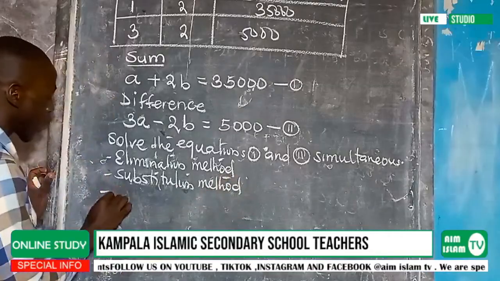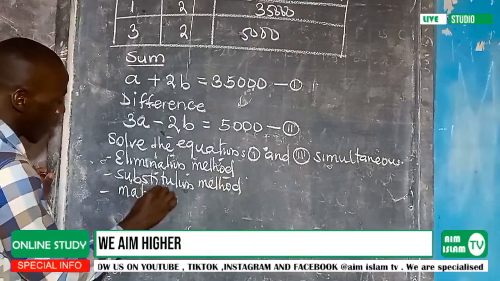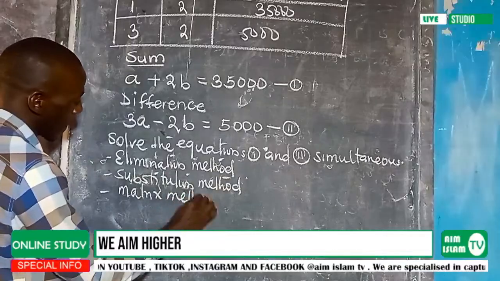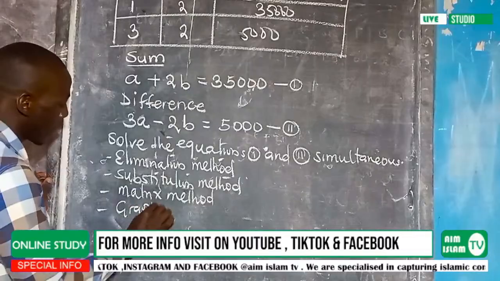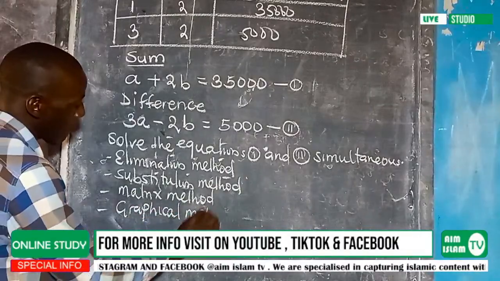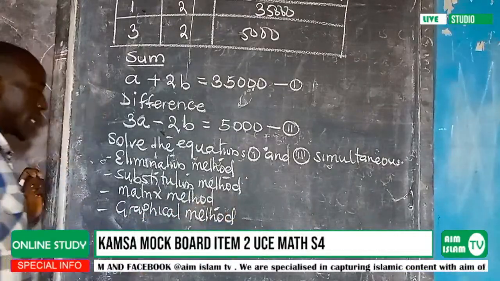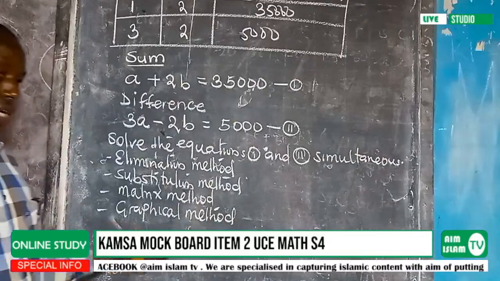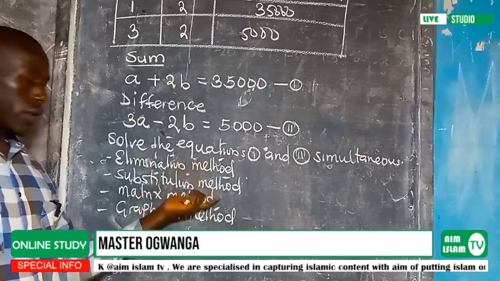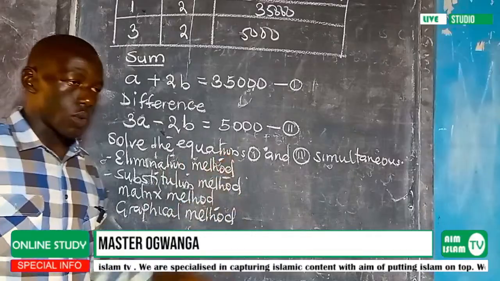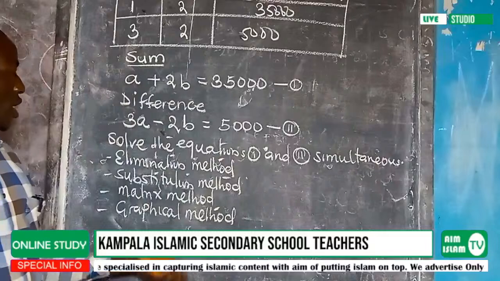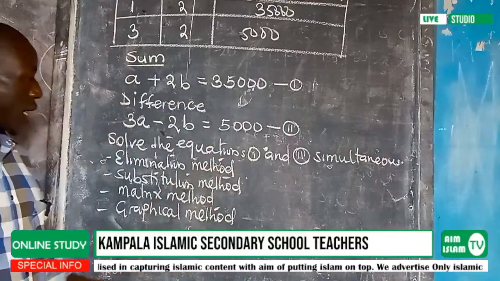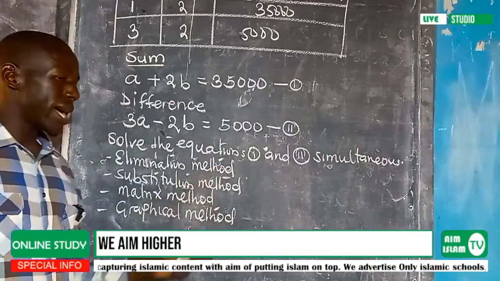Or another person can also use the matrix method. Then someone can also use a graphical method. Now, for me, at this point, I am going to use the elimination method,